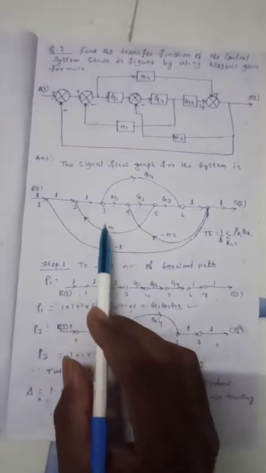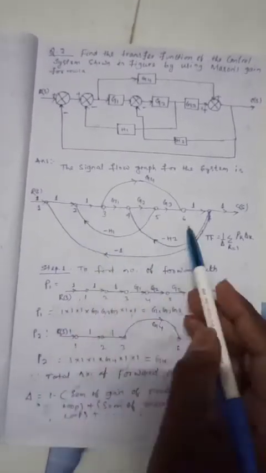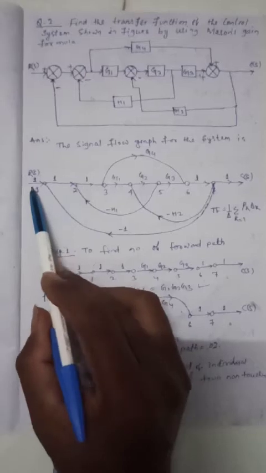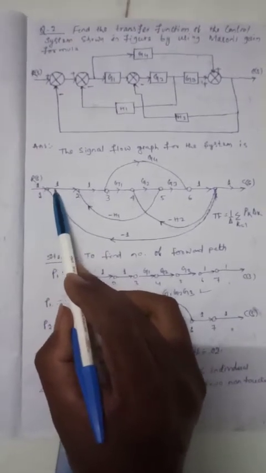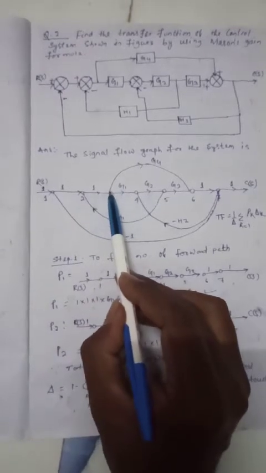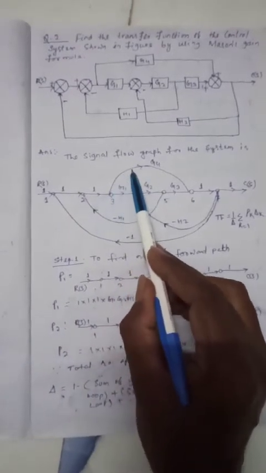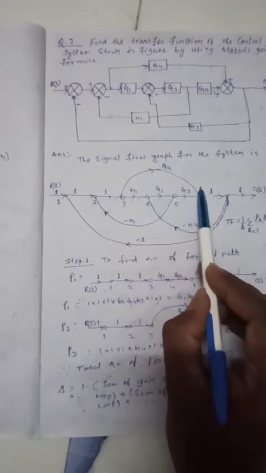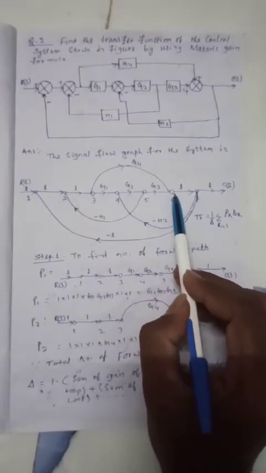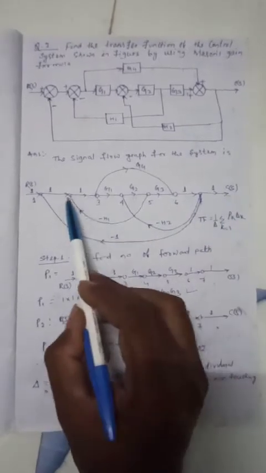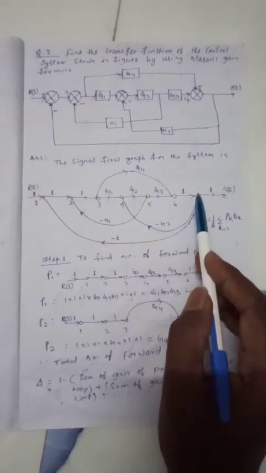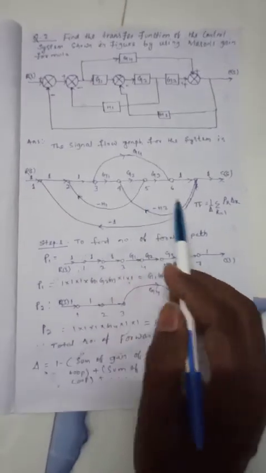So then find the next forward path from the signal flow graph. So look here. Then the next forward path is like this. One path is given from the input signal R(s) this way and this way, coming to node number 6, and this also goes out to the output. So it is a forward path because there is no return path. Clear? So this is called a forward path.